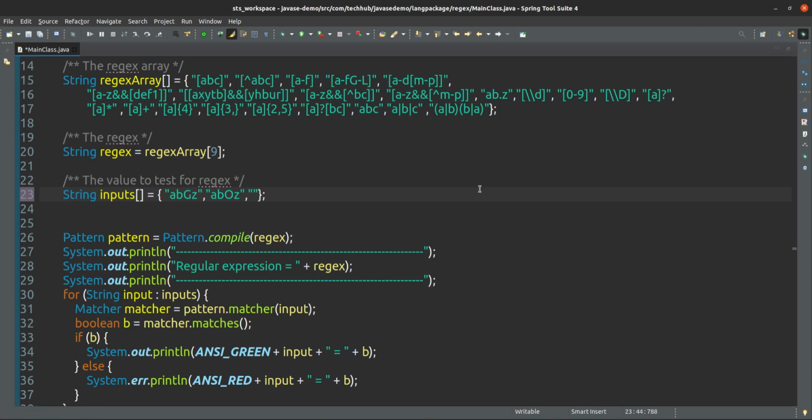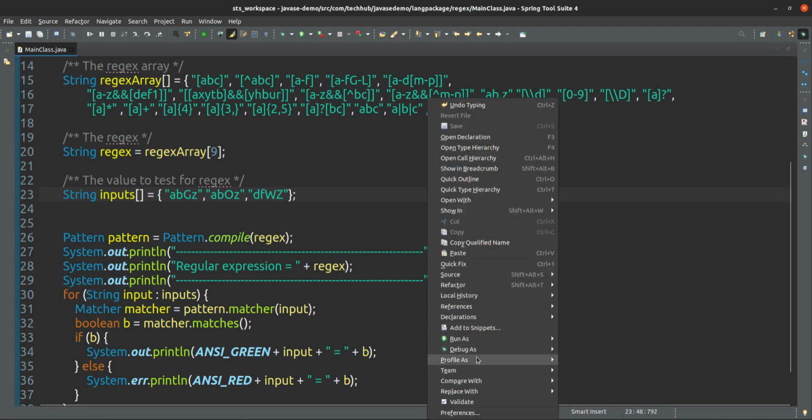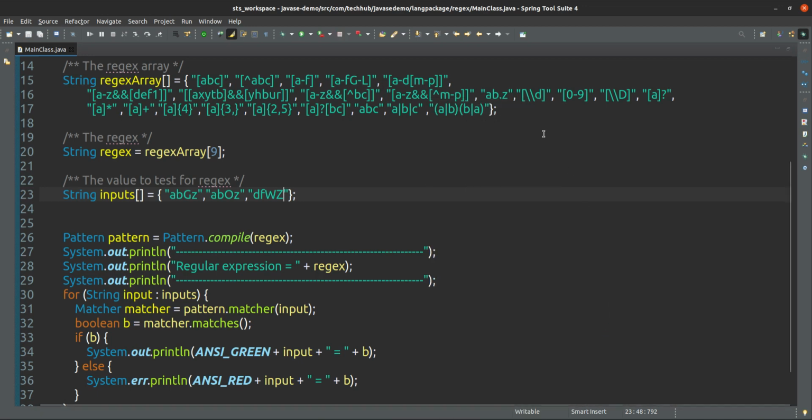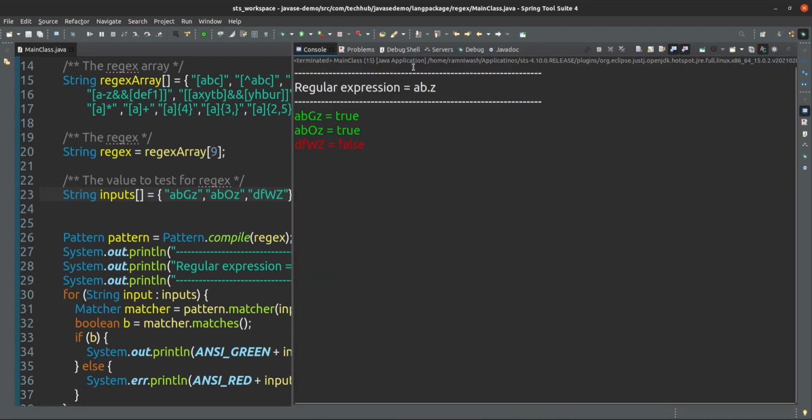But what if I will not start from AB, I will start from D, E, F, X, started Z, so it will not pass that one. Yes, so our regular expression says AB means your input should start from AB. After AB, any character can be there. Dot means any character, but it should end with Z only.